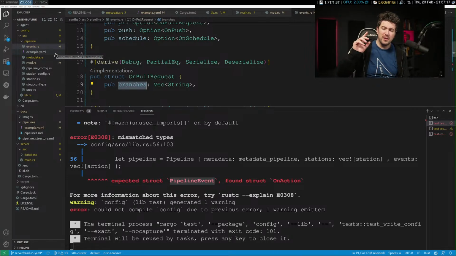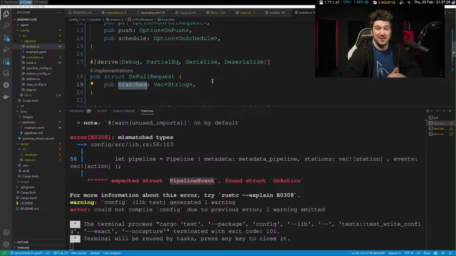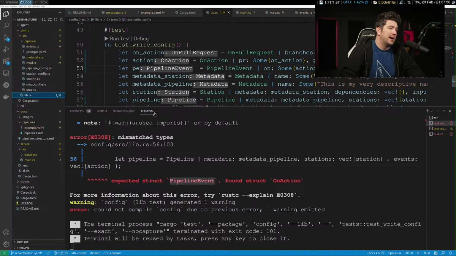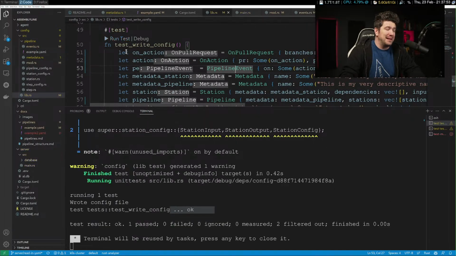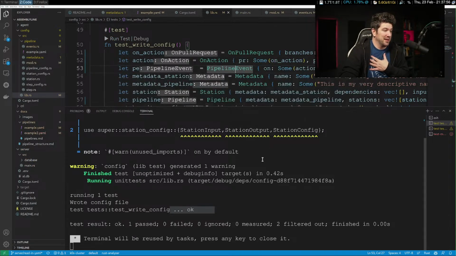This is a pet peeve of mine that I have to use Copilot to get, and this is something that new people struggle with. They struggle with what do I import? Does a vector require an import, or does a hash map require an import? And if so, where do I import it? Do I know that it's in collections? It's an annoying thing. Go, VS Code Go does a much better job of this. And it's a pain point. Even for me, I don't always know where things are to import.